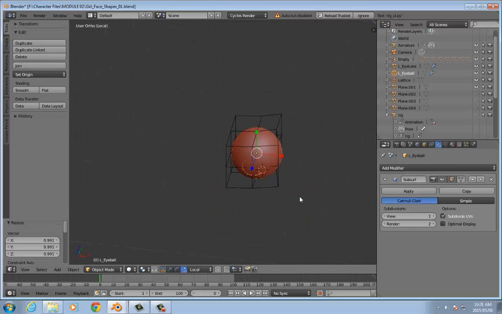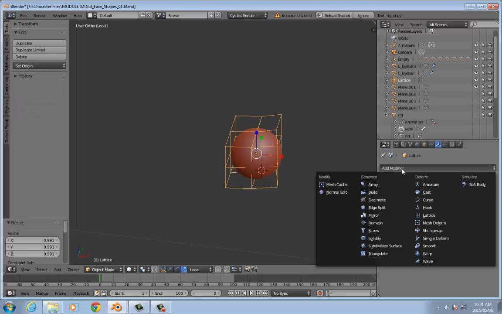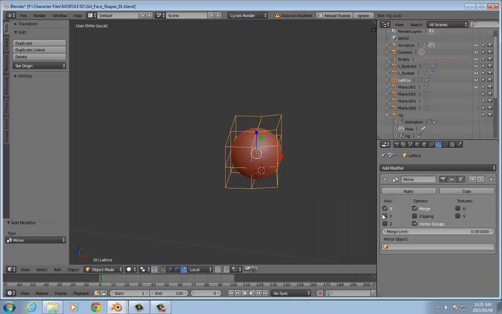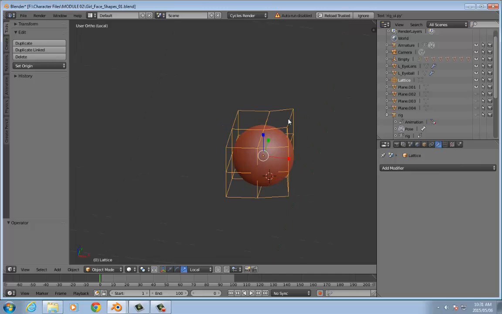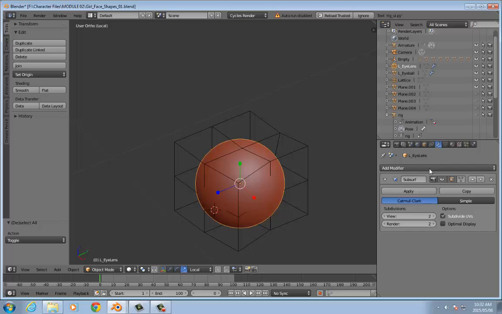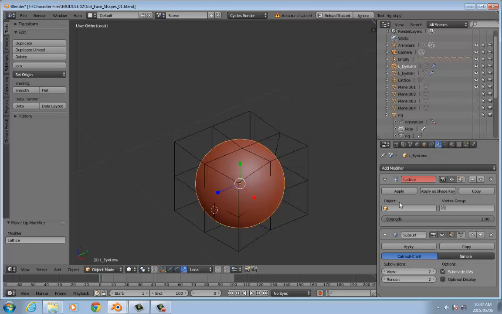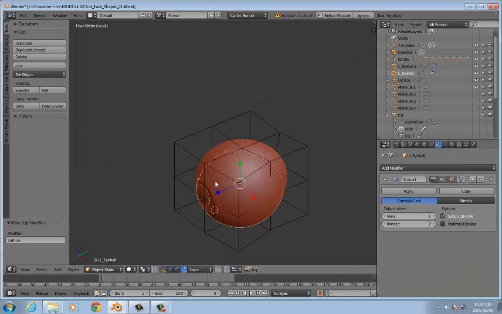Okay, what we need is now, I don't know if you can put a mirror modifier on a lattice. No, you can't. Okay, which sucks a little, because that means we need to remake our lattice for the other eye, I think. Anyway, the idea behind this, as you guys probably remember, is on each of these we need to put a lattice. As I said, this is still entirely hypothetical, on both, lattice,